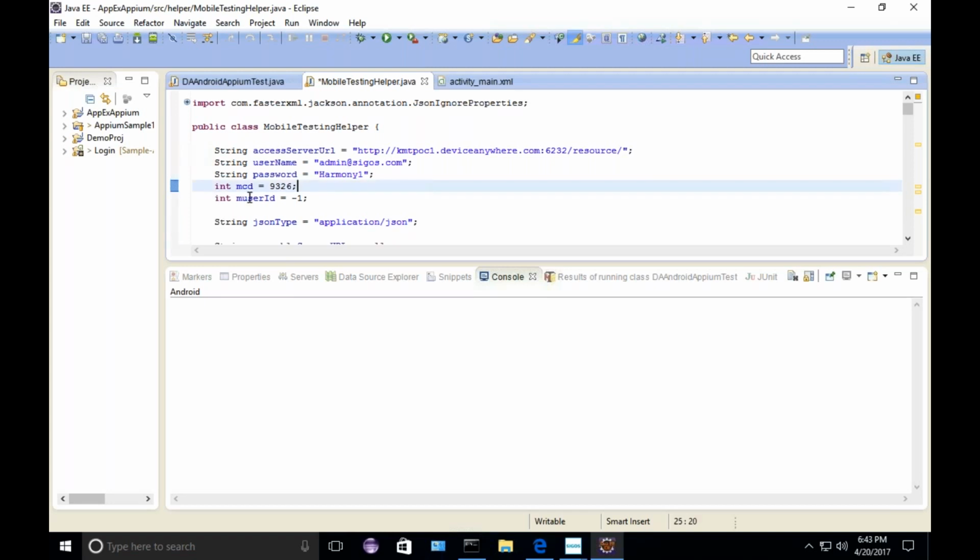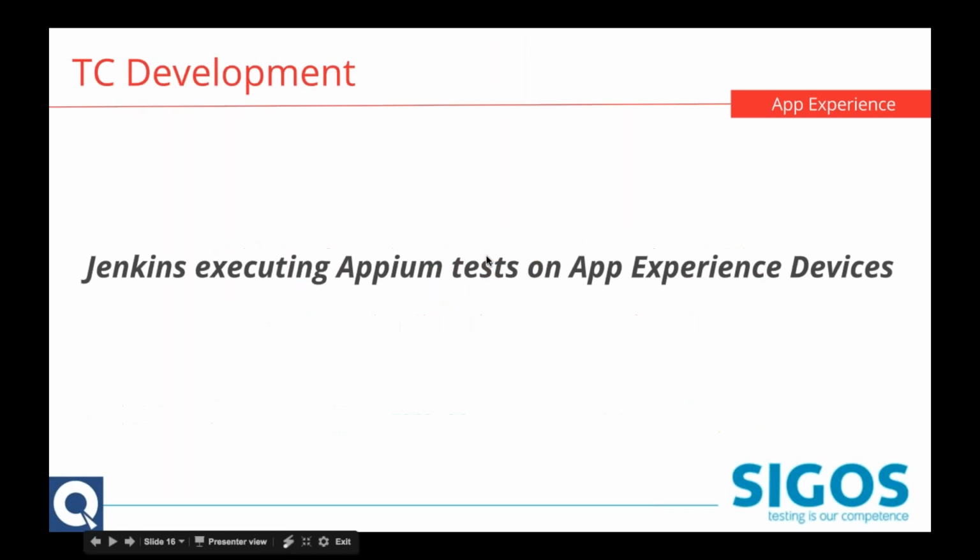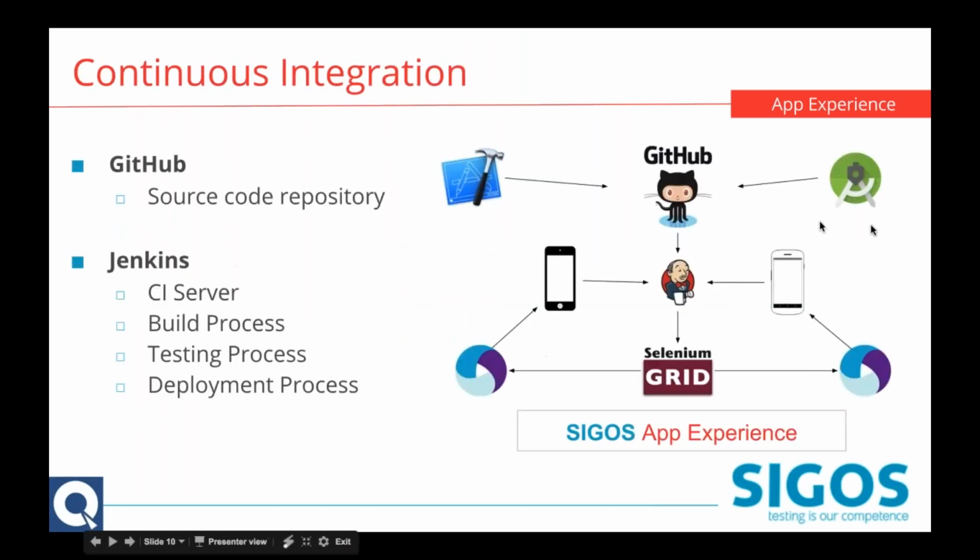Okay. Another question here. Can you execute tests on iOS and Windows phones for Jenkins? Yes, yes. So this gets back to my diagram from earlier. Let me start by saying Windows. Yes, Appium is supporting Windows apps now.